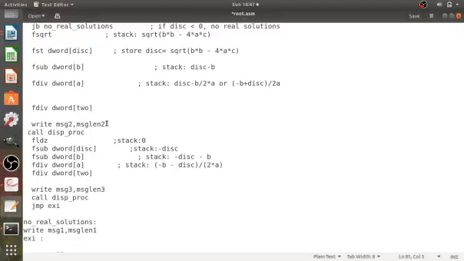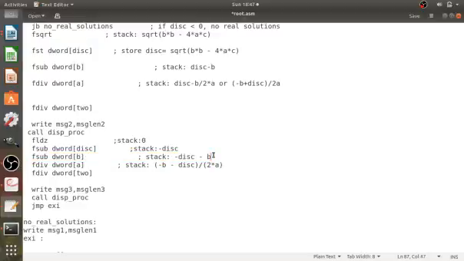After displaying the first root, it goes to the next instruction, FLDZ, which loads 0 on the stack, so the stack will have the 0 value. Then subtract disk. Subtract the disk value from 0 in ST0, because we need the minus D value, as the formula is minus D minus B divided by 2A. To get a negative value, we first load 0 and then subtract disk. Now we get minus disk. Then subtract B from that value. Here is the instruction to subtract B: FSUB DWORD B, giving minus disk minus B, divided by 2A.